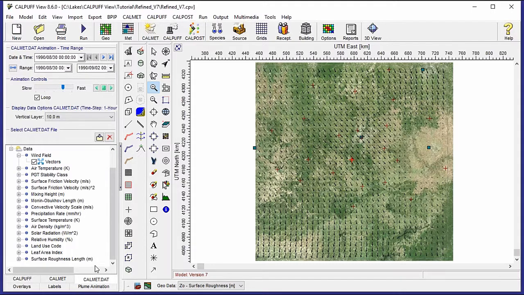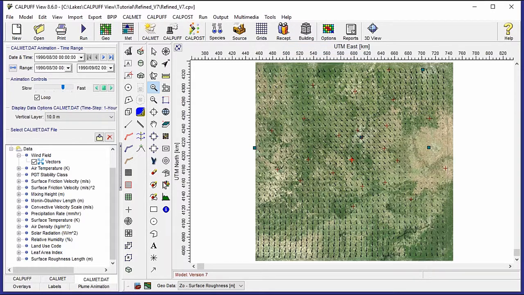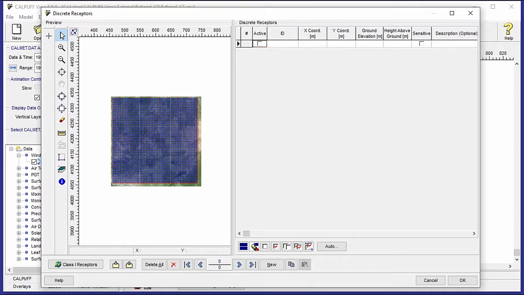And I have a series of nested grid receptors, but I also want to add some discrete receptors. The Receptors menu toolbar, I'm going to go to the Discrete Receptors option. And a longtime feature that we've had in our Discrete Receptors dialog here is the ability in the bottom left corner to automatically download Class 1 receptors. So if there is a Class 1 area,